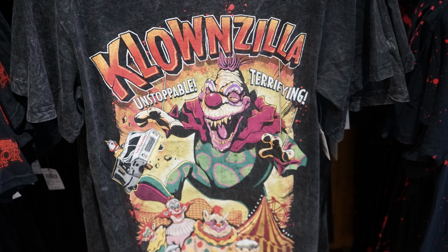And these shirts, wow, I'm definitely going to have to get this one. I love Killer Clowns from Outer Space, and I love the gray stonewash smoky feel to it. I think it's cool how it looks more like a comic art thing, with Clownzilla on it and the different clowns at the bottom, and they also have the circus tent slash spaceship on there and everything, and it says unstoppable and terrifying, so it looks exactly like something that you see in a comic book, and I really